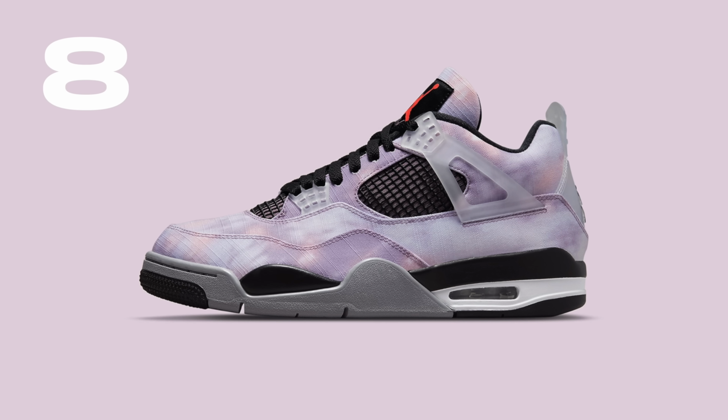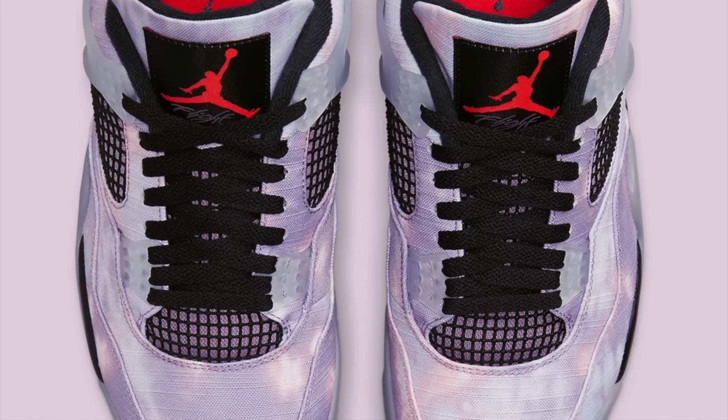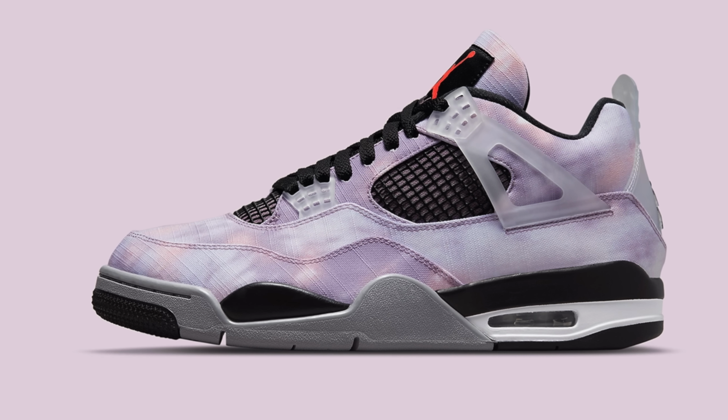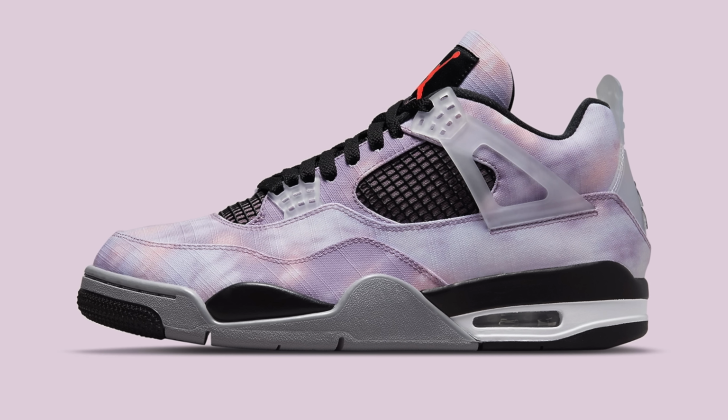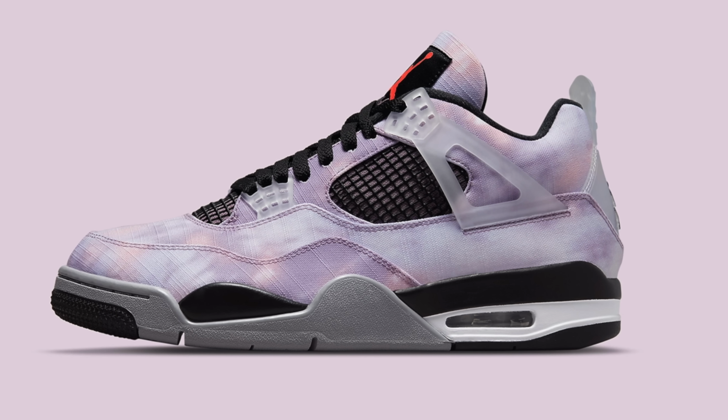Number 8 is the Air Jordan 4 Zen Master. While I'm not personally in love with the way this sneaker looks, what really saves it for me is the actual story behind the shoe and the inspiration behind this concept. This shoe was designed to pay tribute to Michael Jordan's famous coach, Phil Jackson, often known as the Zen Master. Apparently the reason for that is that he often incorporated different kinds of meditation and some Buddhist and spiritual traditions into his coaching, which I'm not sure exactly how that would work, but apparently it worked well because they